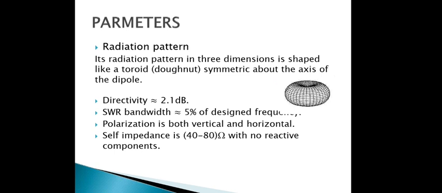So how do we overcome this problem? By using a folded dipole antenna as the feed point for the half-wave dipole. Then the radiation resistance increases 4 times, because it depends on the number of elements n. If you take 2 elements, it is n squared times the impedance. With a half-wave dipole alone you get only 73 ohms of radiation resistance. If 280 ohms is required, 73 ohms is not sufficient to give the perfect radiation pattern, so we need to increase the radiation resistance by some method.